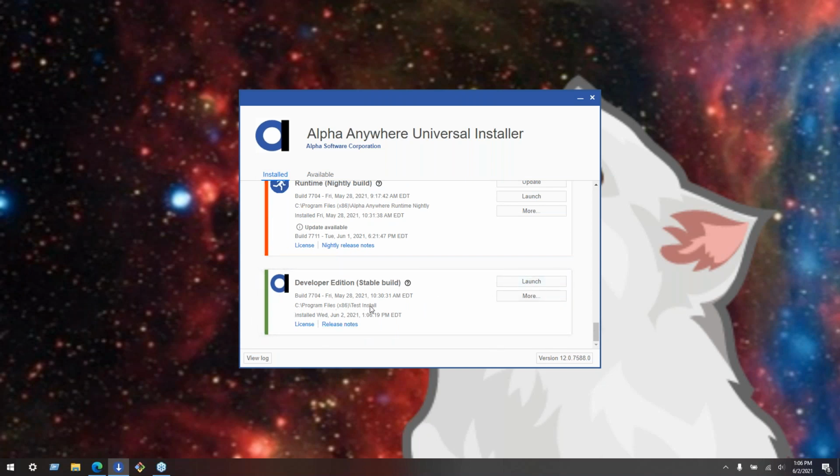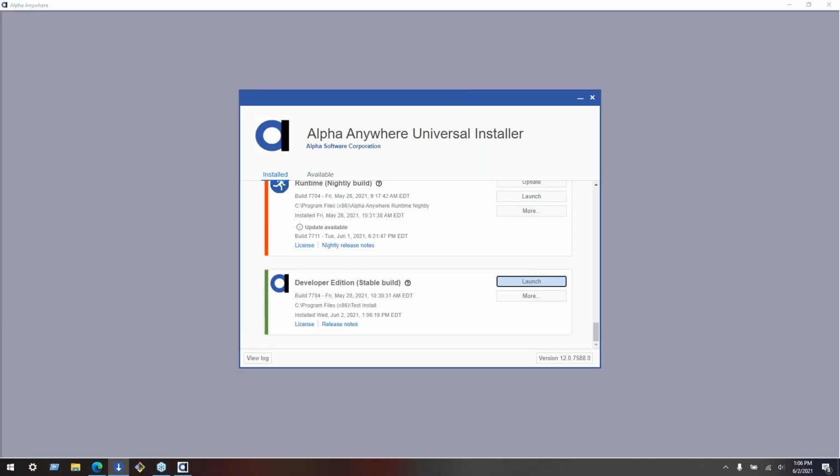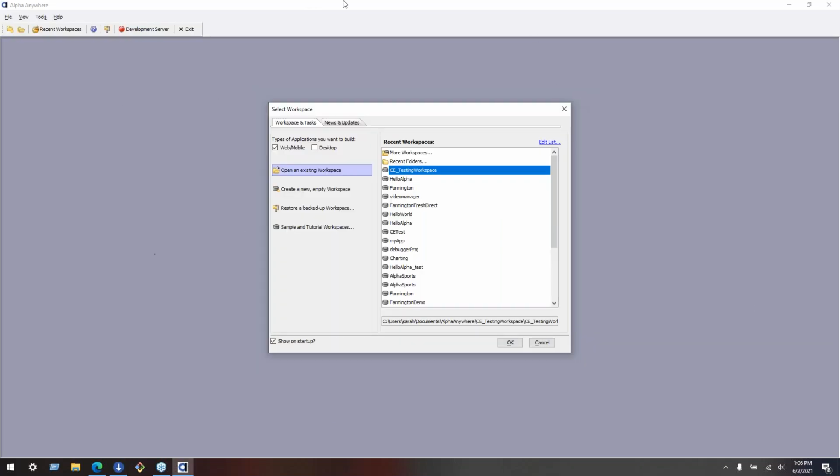So here we see it's that test install, and if I click launch here, it will launch that version for me. We'll minimize that, and here I am in my new workspace. Now, if you have an existing project, say you're working with Farmington here, and you want to update this project to the new release,